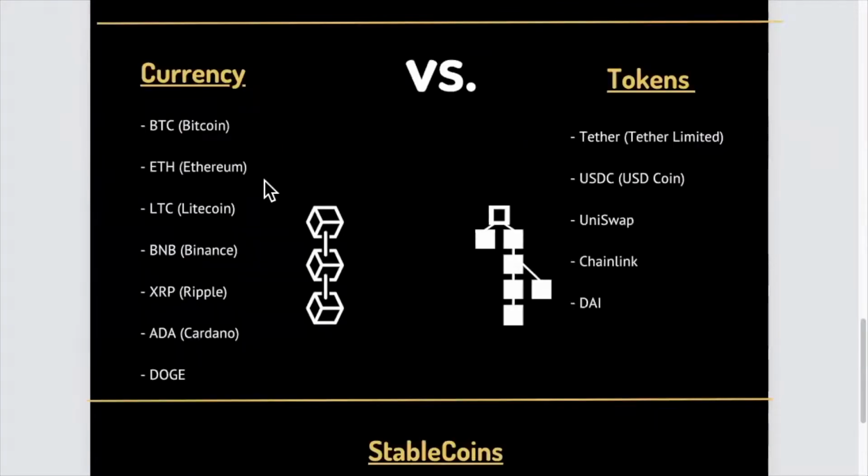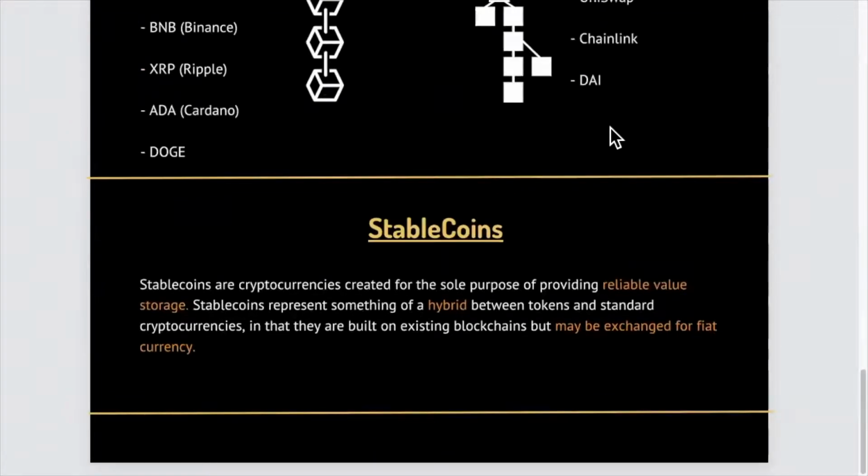We talked about some of the main players in the coins versus token space. The biggest coins are Bitcoin, Ethereum, Litecoin, Cardano, Ripple, Binance Coin, and Doge. The most prominent tokens today are Uniswap, Chainlink, and DAI. Last but not least, we talked about stablecoins and their prominence in this industry and what they were meant to do. Stablecoins act as a bridge and as a reliable value storage for people who don't want to take the full risk of being invested in cryptos. Stablecoins provided a way for individuals to move their money from the traditional monetary system to the cryptocurrency system in an easy and reliable way.